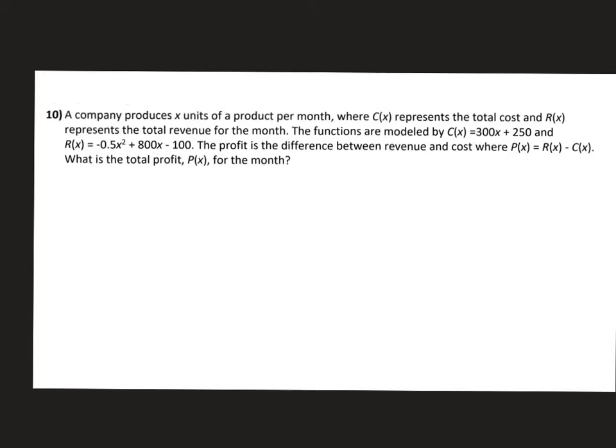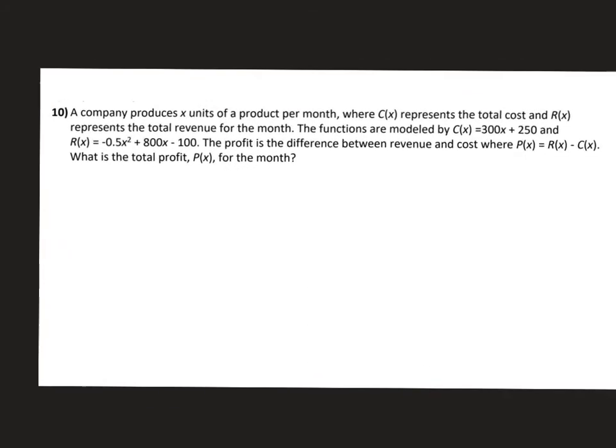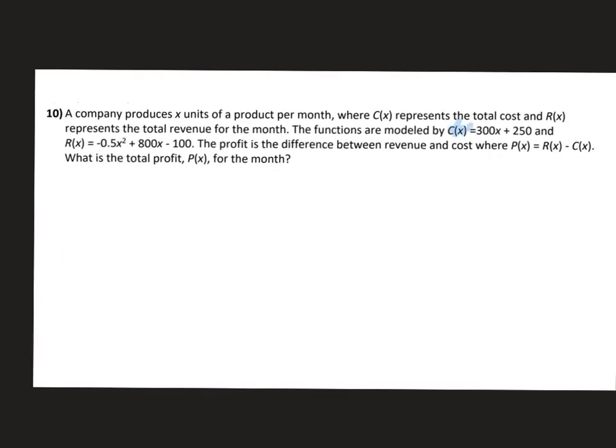What helps us is we know exactly that this C of X is represented by this expression, and this R of X is represented by this expression. And then finally, P of X is this expression, right? It's a difference. So we want to do R of X, this expression